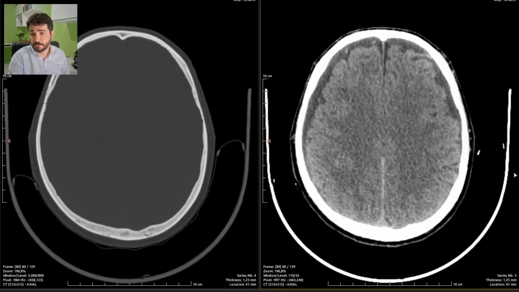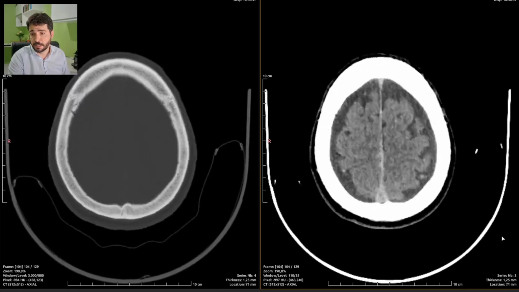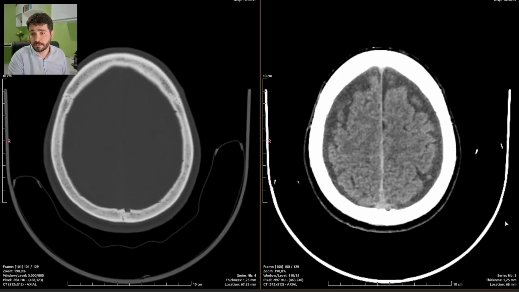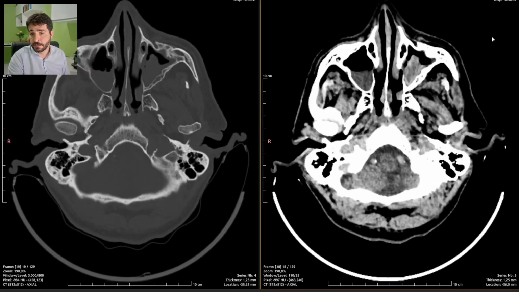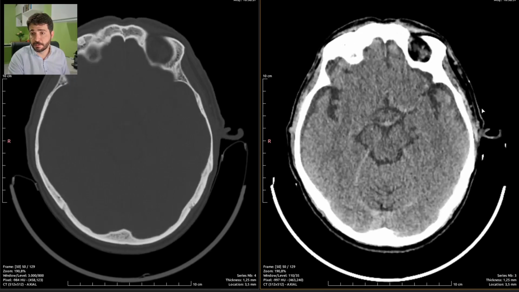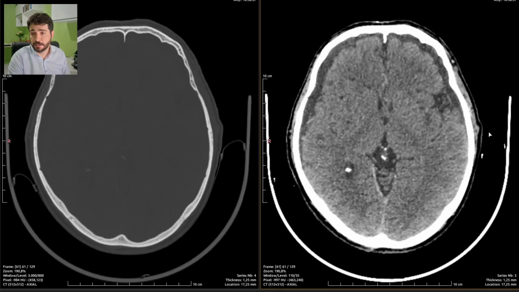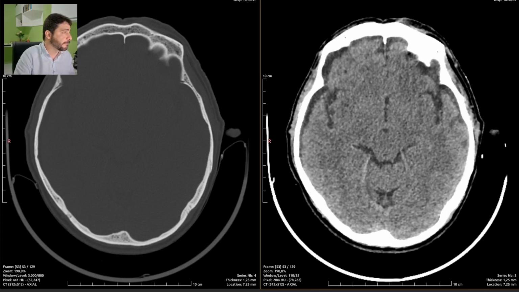I don't believe this patient will go through a surgical intervention in such small subdural chronic hematomas, but it could be done, it has been done, and it could be the case in a minority of patients. So let's just report it and get another exam. So let's grab a template. I have a template